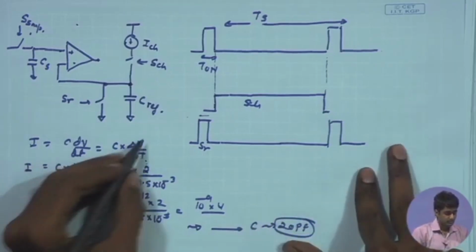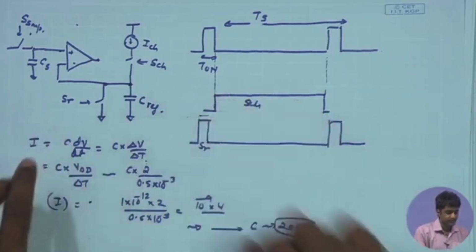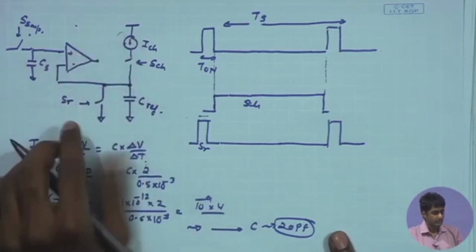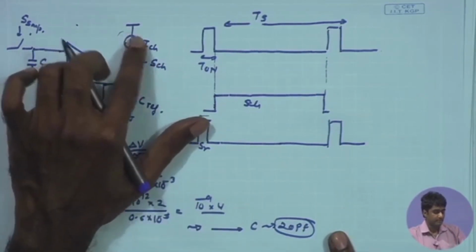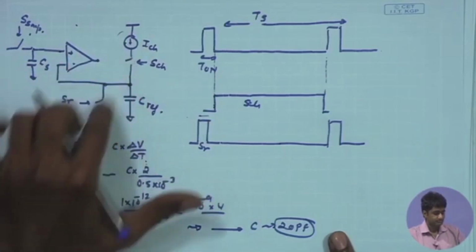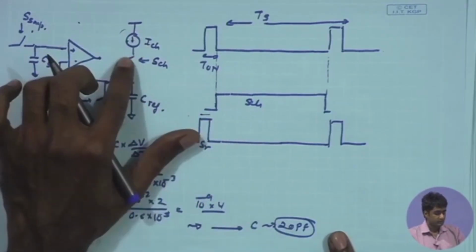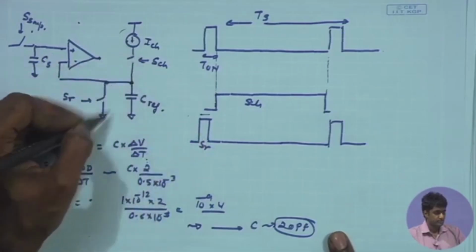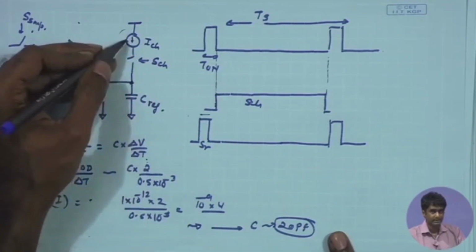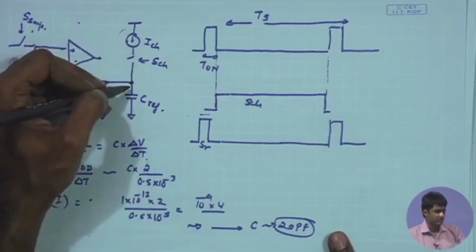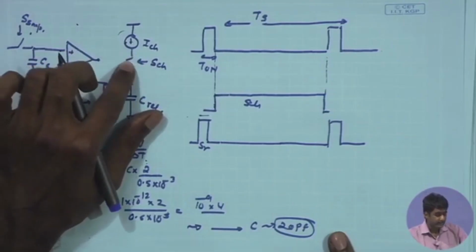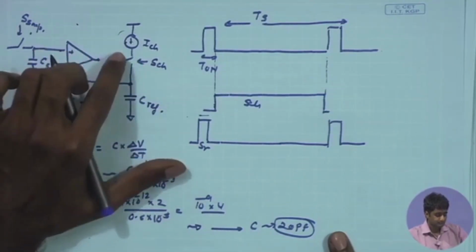So this is regarding the choice of the ICH and the Cref. This is just one point that we have addressed. Now we also need to look at the choice of the bias current, or rather the ramp current CH, and also the switches over here. Now here of course the switches are going to be much less critical, because they are just supposed to discharge the current to ground, and here it is supposed to just pass the current provided by CH to the capacitor, and therefore I can afford to have the switches at minimum size, and also